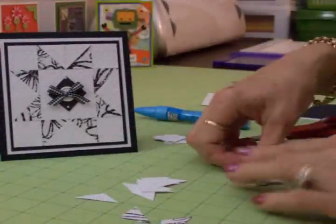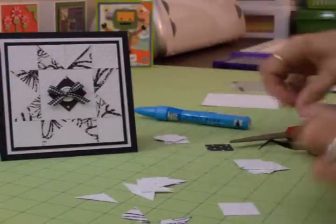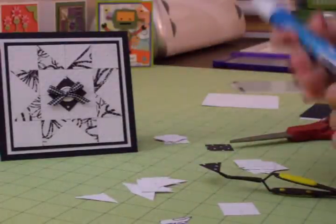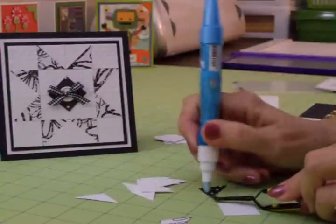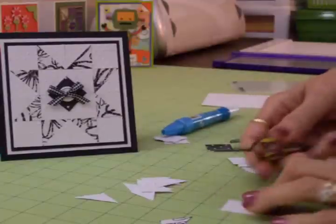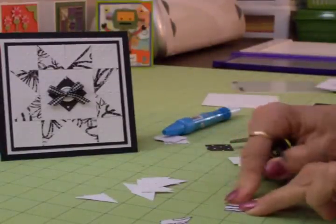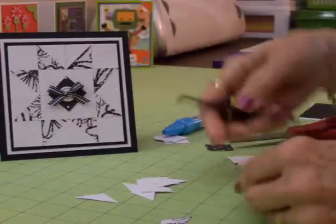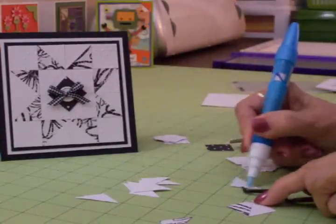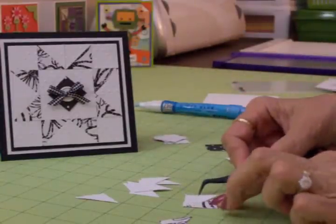Okay, I've got all my diagonals cut, and I'm going to take one plain white base square, we have 8 of these, and take my tweezers and take one of my pattern papers, and I'm going to use the 2-way glue pen for this because these pieces are smaller, and just put some 2-way glue on the back and just line it up on my little square and press it down. So there's half, and then I'll take one of the ones I've run through the Cuttlebug, do the same thing, line that one up,